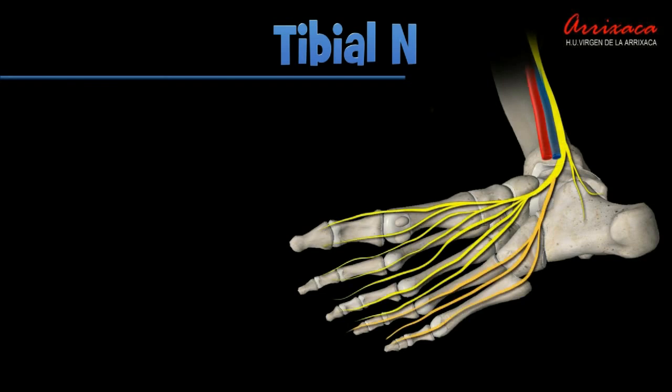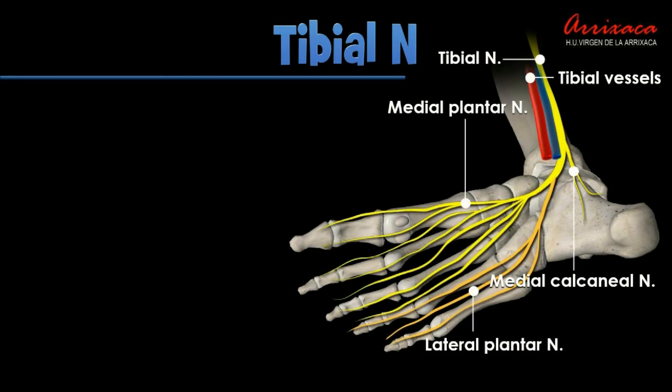The tibial nerve is a larger terminal branch of the sciatic nerve. It lies superficial or posterior to the popliteal vessels, extending from the superior angle to the inferior aspect of the popliteal fossa, crossing the popliteal vessels from the lateral to the medial side. At the inferior edge of the popliteal fossa, the tibial nerve passes deep to the tendinous arch of the soleus to enter the back of the leg.